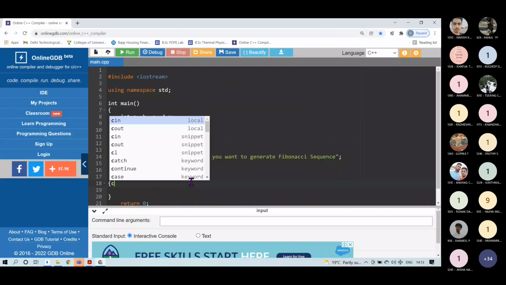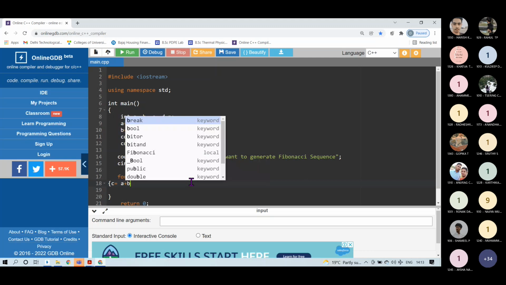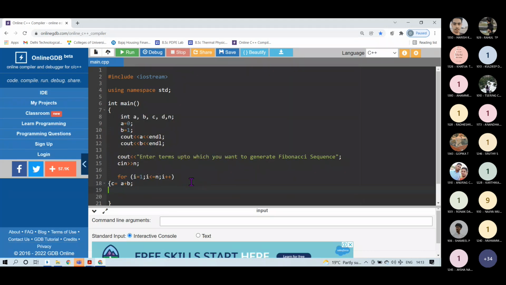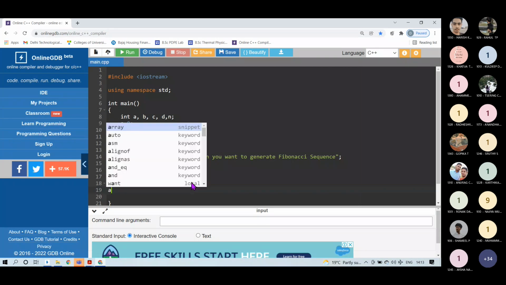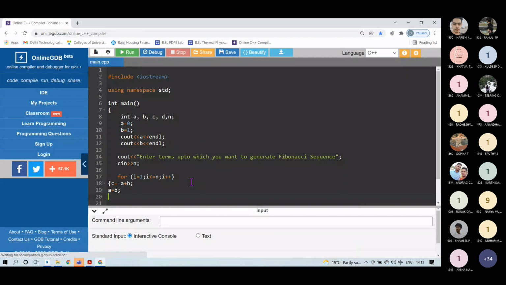In this I will write c is equal to a plus b, and then I will assign the value of b to a, and that can be done by this expression: a is equal to b. Right hand side value will be stored into the left hand side variable.